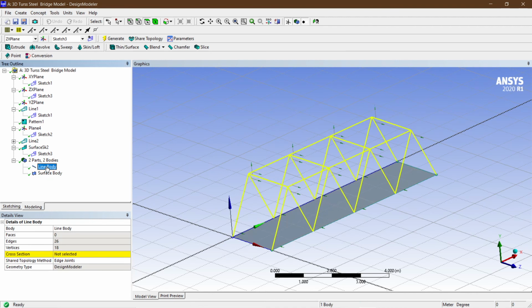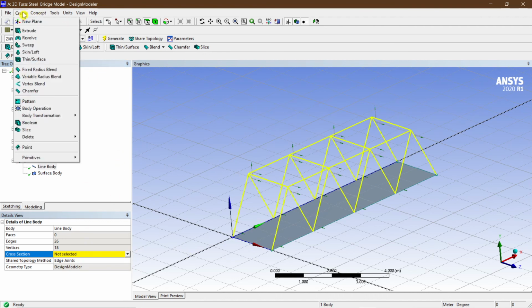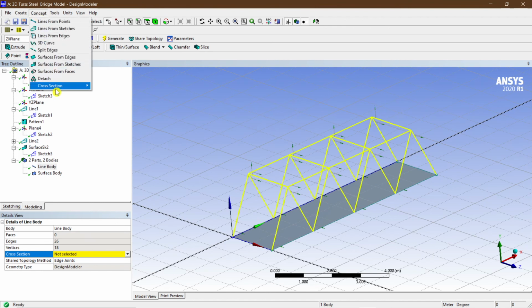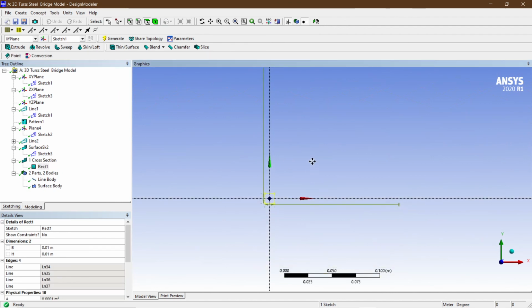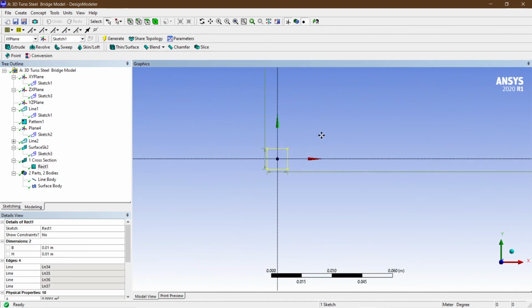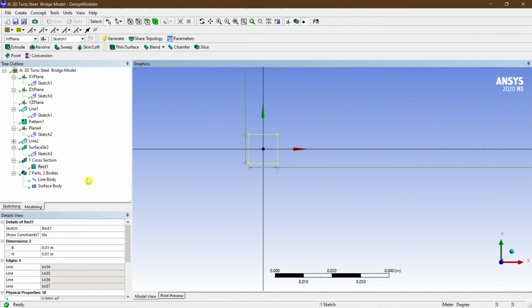See the cross section here, it has not been selected. The cross section of all the steel members that we are going to use has not been selected here. So we are just going to select create, concept, cross section, and we are going for a rectangular cross section as of now. Zoom in, and this is the cross section.